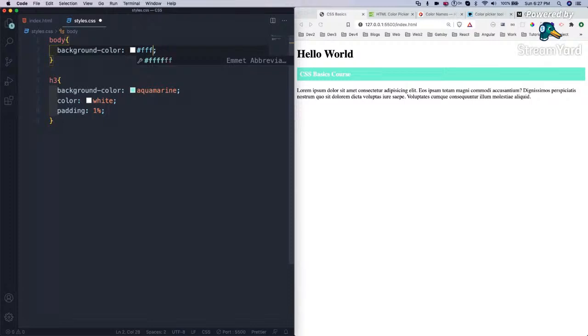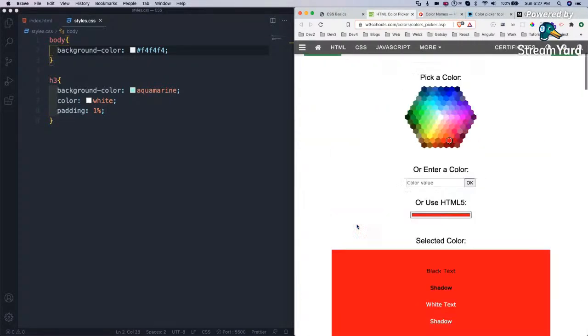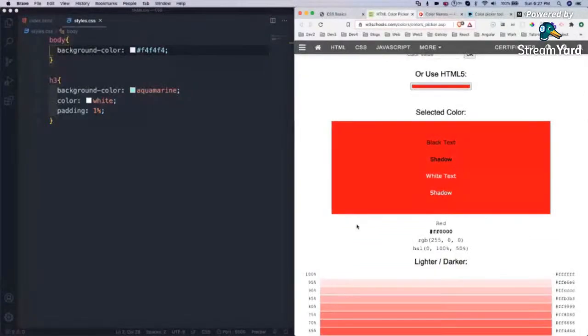So let us go back. We take help of many websites to see what the hexadecimal code is. I save this, and it became like this. There are many sites like this in which you can pick any color and see the hexadecimal code.